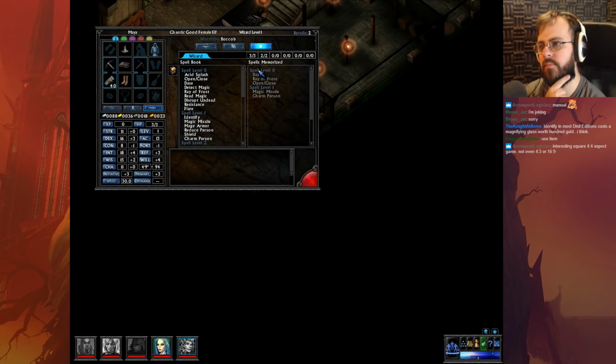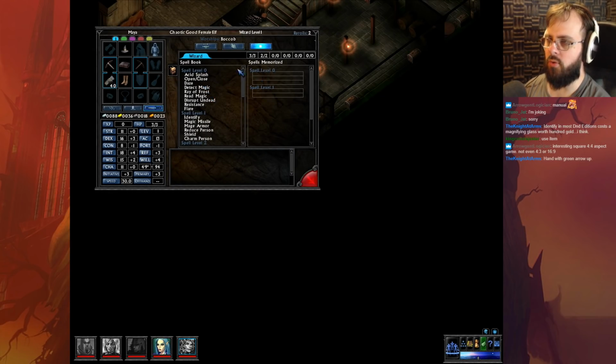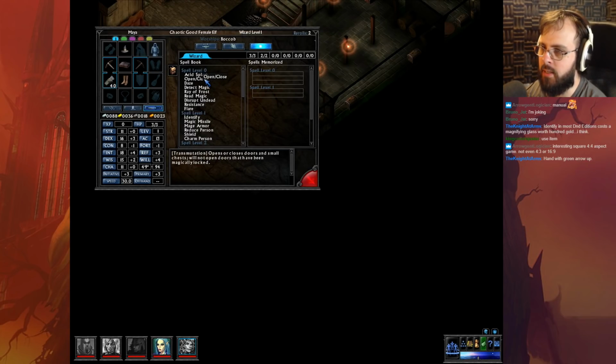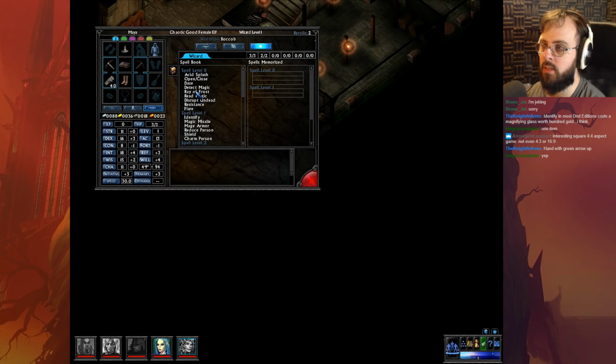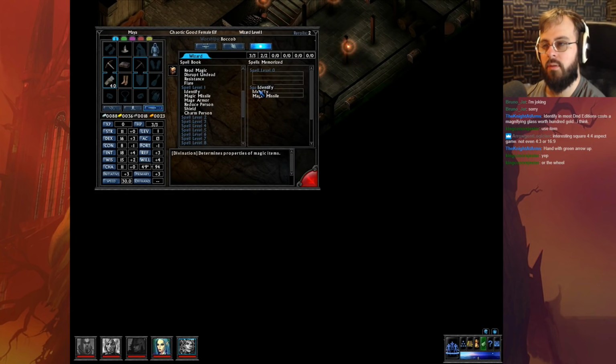We got the spell books over here. Good. So we have open close. What's that? Does a small chest. Will not open doors that have been magically locked. Nice. I don't need that, but that's good. Resistance. That's for extra saving throws. We got flare. Read magic. We would need identify. Cannot put it over there, interestingly enough. Let's give them magic missiles